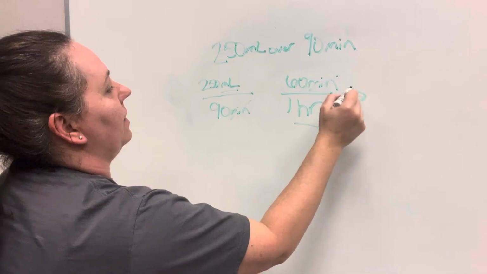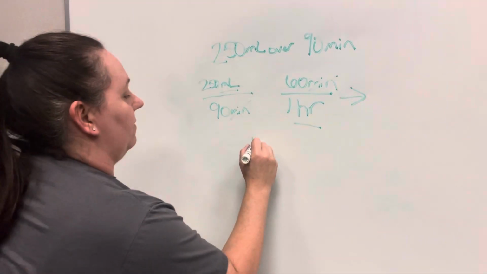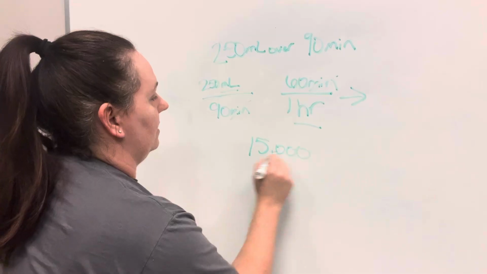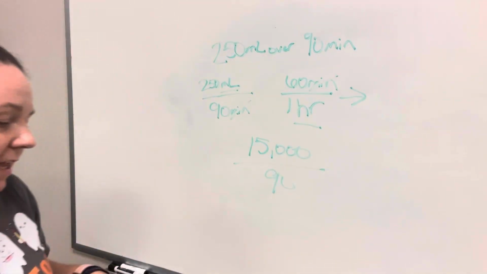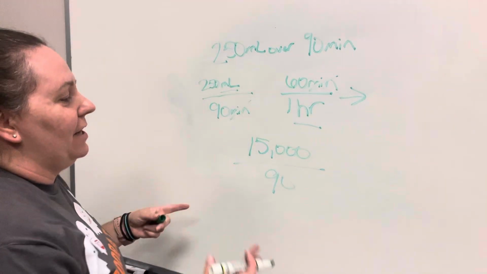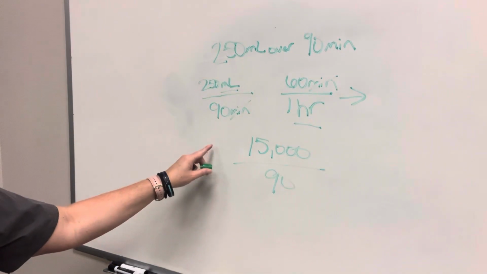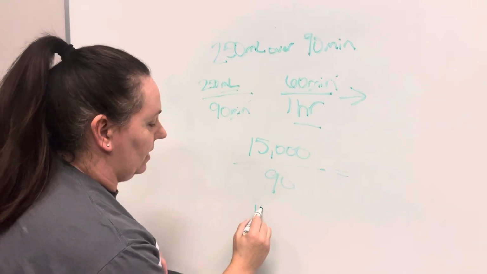So we just multiply across. 250 times 60 is going to be 15,000, divided by 90. That is a bigger number. I understand, like I said, some people don't want to do the bigger calculations, but it's all here in one problem, so it makes it easier. So when you do that division, it's going to be